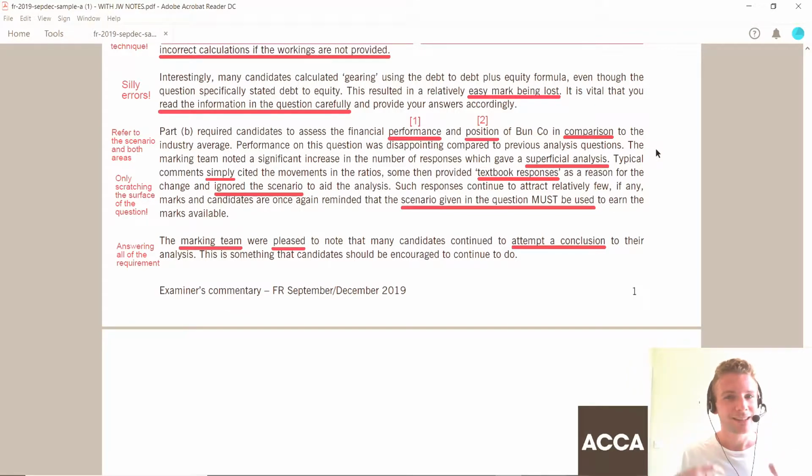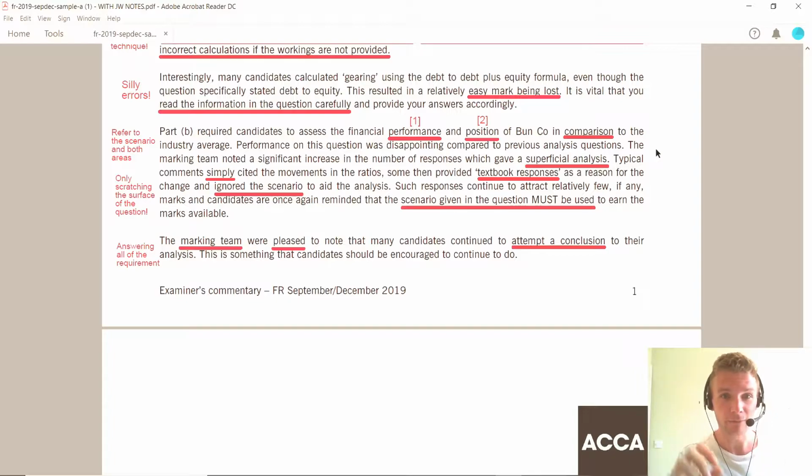position 2. That indicates to me I've got 2 aspects I need to answer here, and if I don't answer those 2 aspects, I'm missing out and throwing away marks. You might as well put a bin at the front of the exam and just throw the marks in there, because if I don't answer something about performance or position, I'm not going to get them. So again, if you've got a pen and paper with you, a fundamental aspect again is